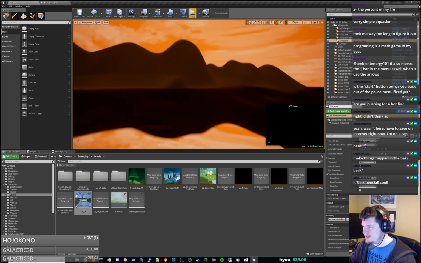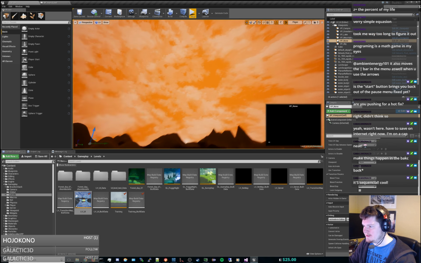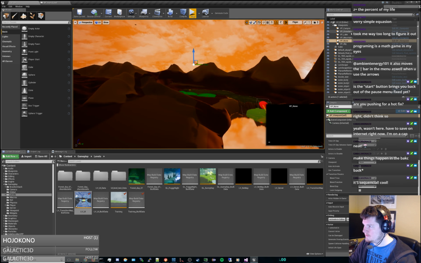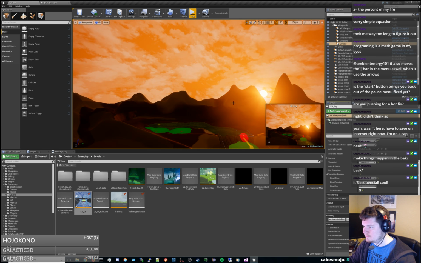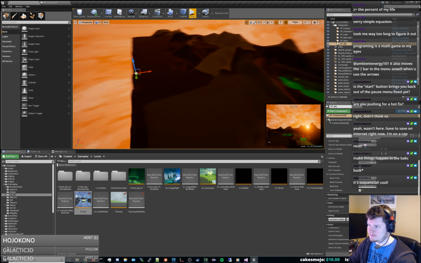And this is all the same level, but you can make these. You can set the time of day, and this thing will remember the time of day that you had. And so Adam can position all these little cameras around